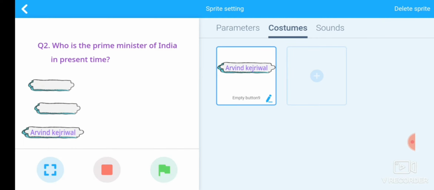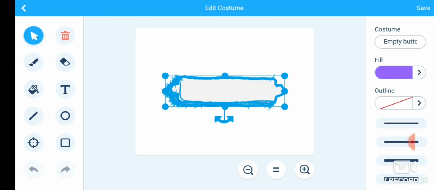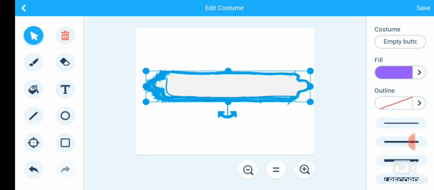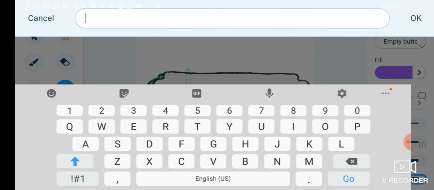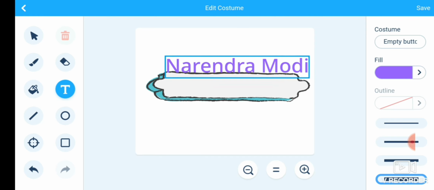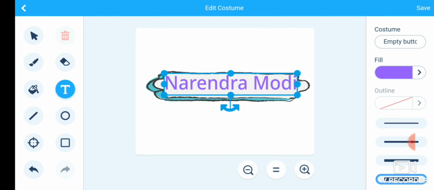Now next is, first we increase the size of the button. Now added text here, Narendra Modi. And then save it.